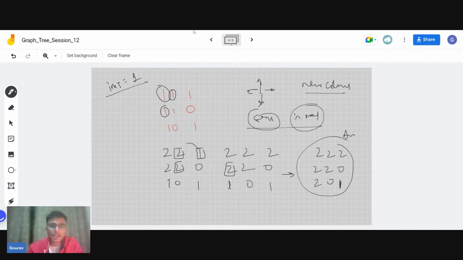So basically I have my one. I can replace the color on the same matrix, or else I can create a copy of the given matrix. Let's say I create a copy of the given matrix, and we check the neighbors. When checking the neighbors, we see whether they have the same color as the initial color, because we are storing our initial color in a variable. Why are we storing that? Because in the process of changing, I will change the initial color, since the one will become two, but I need to know that the initial color was one.